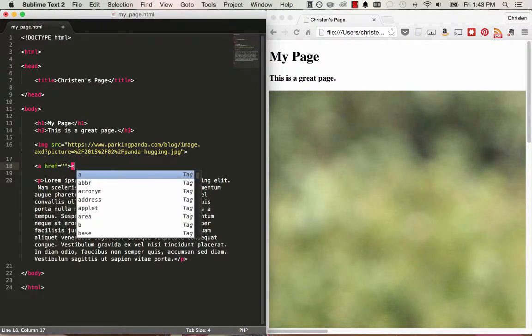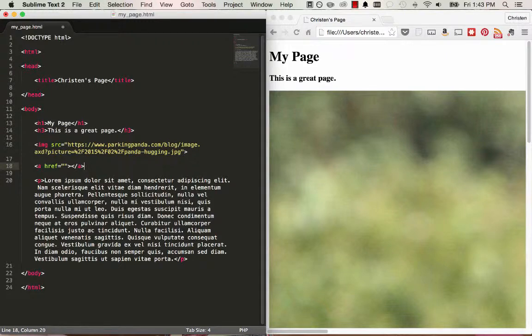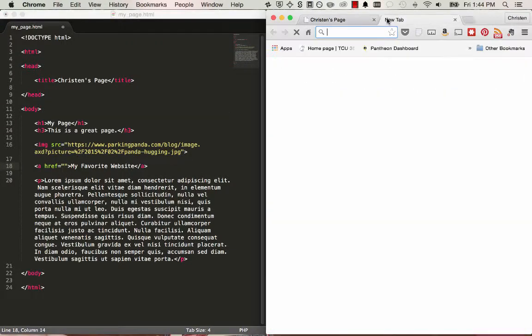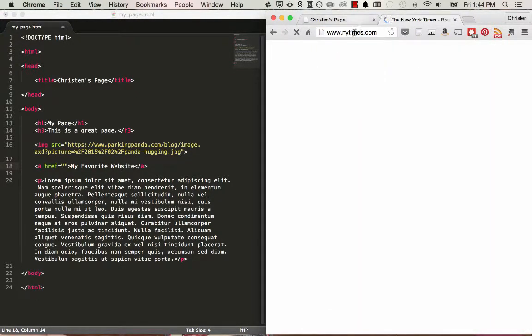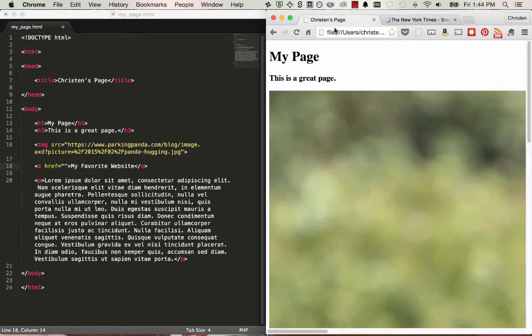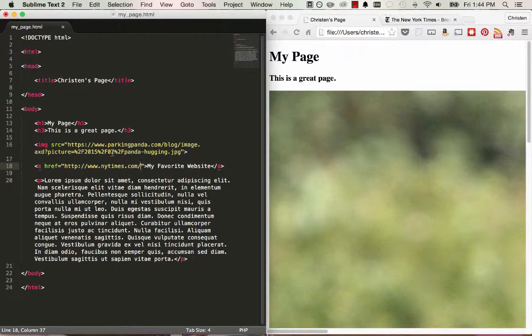And what you do here, then you'll close your tag, and anything in between the opening and closing A tag is the text that will turn into a link. So when clicked, it'll go somewhere. So let's say my favorite website. Say that when people clicked my favorite website, I wanted it to go to, I don't know, maybe my favorite website is the New York Times. So if I go to the New York Times and copy that link, then if I put it here,